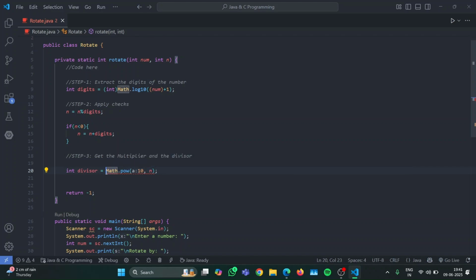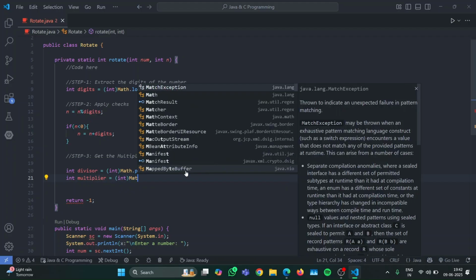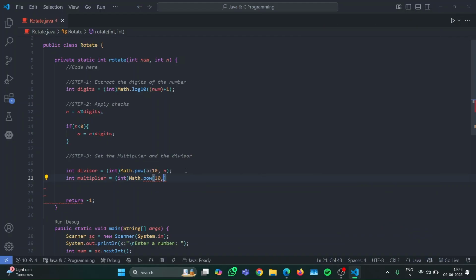As the math.pow function returns a double value, we have to typecast it with int. Similarly, int multiplier will be typecast to an integer, and then we have to take 10 to the power